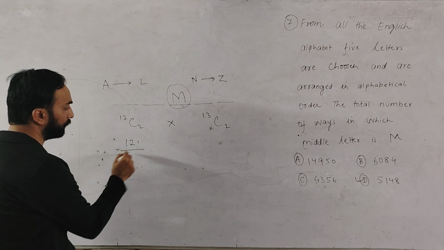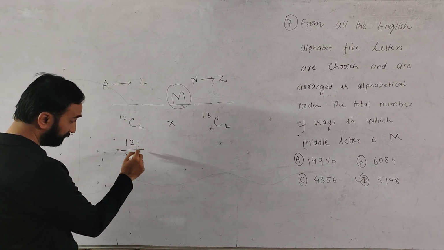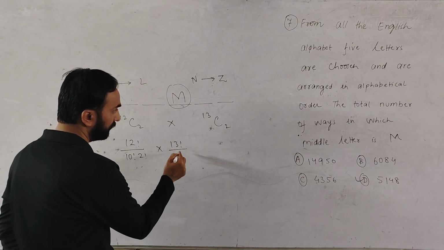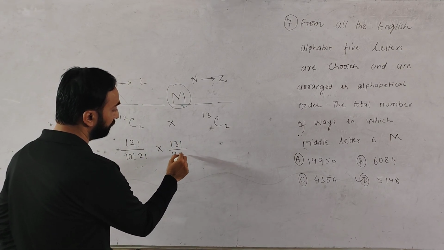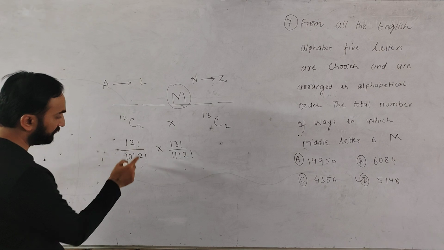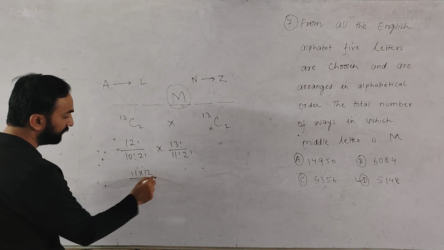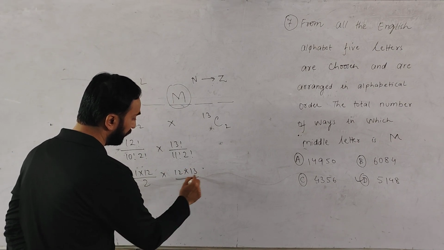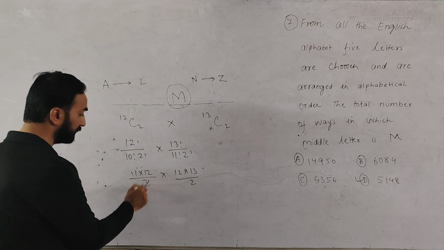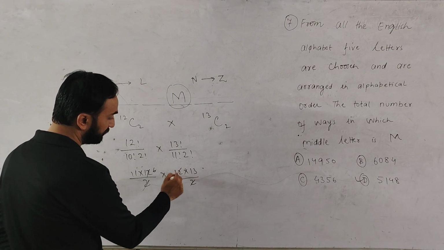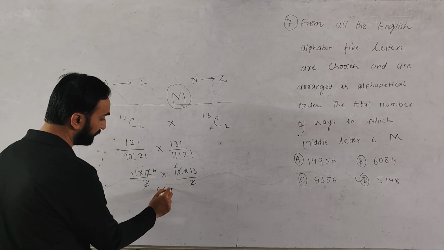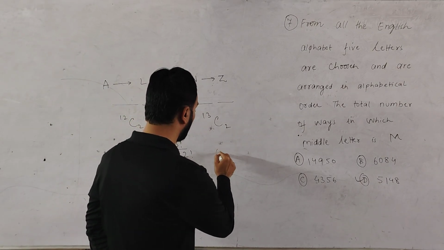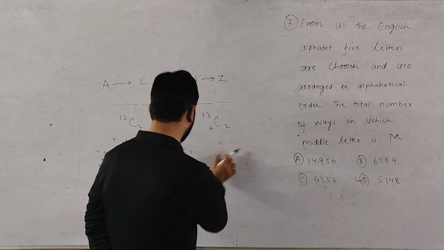So we can solve it like 12 factorial over 10 factorial times 2 factorial, multiplied by 13 factorial over 11 factorial and 2 factorial. So this will be cancelled as 11 into 12 divided by 2 multiplied by 12 into 13 divided by 2. So this will come to 2 and 6. So this will finally come as 66 into 78, and 66 into 78 will be, I think, just multiply 78